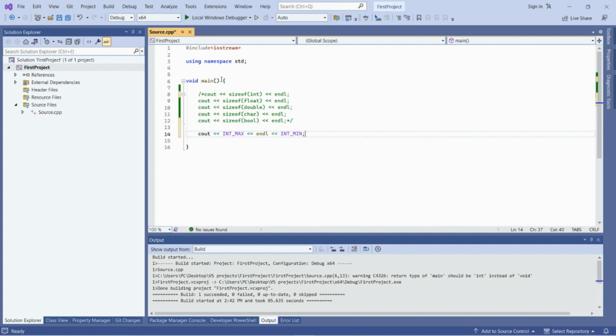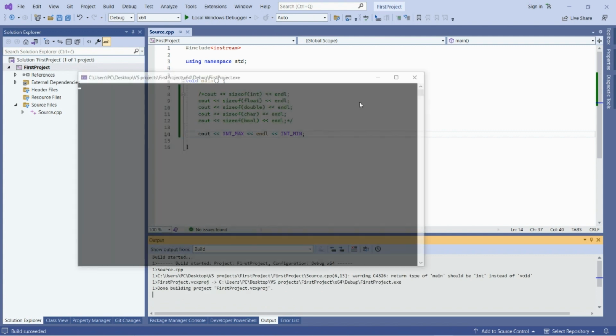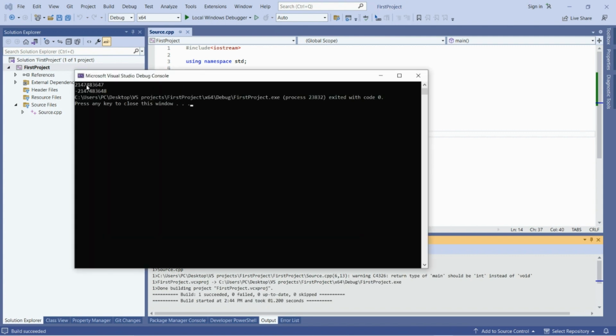Let's run this code. As you can see, this is the highest value of integer, and this is the lowest value of integer.